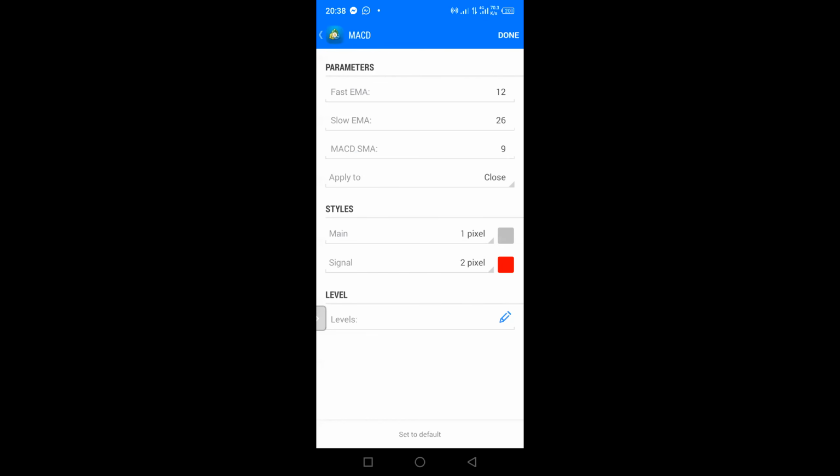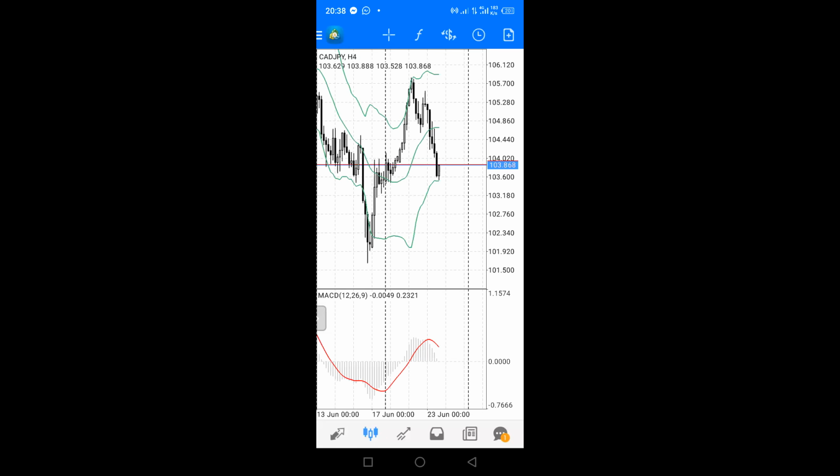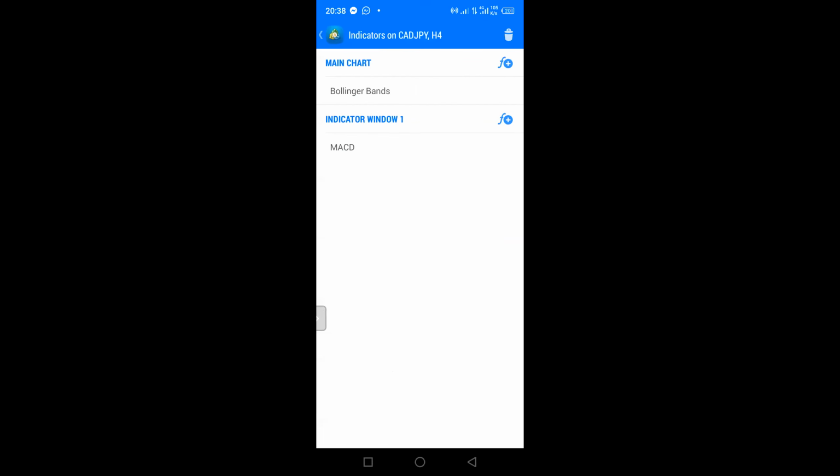Again, if you have some parameters, anybody giving you an MACD will tell you the parameters. Let's say fast EMA is 12 here, slow EMA is 26, and all of those things. They'll give you something. I'm going to click on done. Once I click on done, now you see you have another segment beneath the chart with your MACD on. That's how you add your indicators. We'll stop there for the purpose of